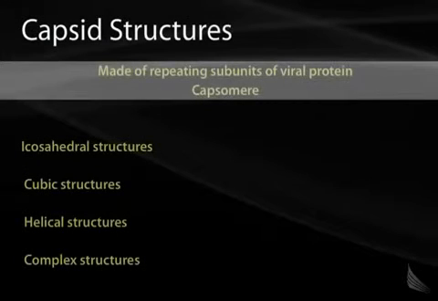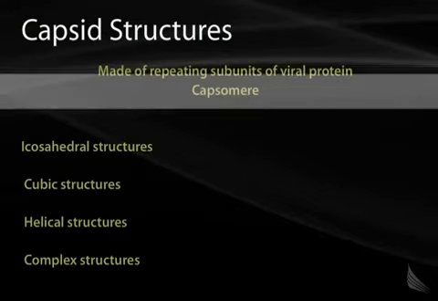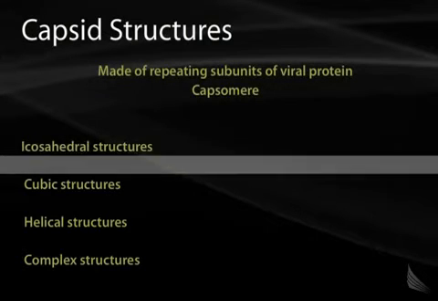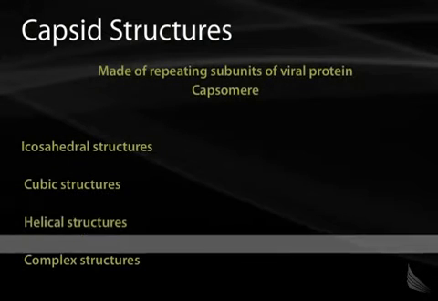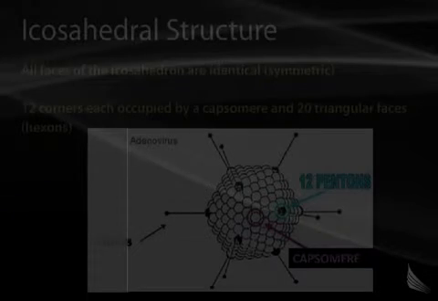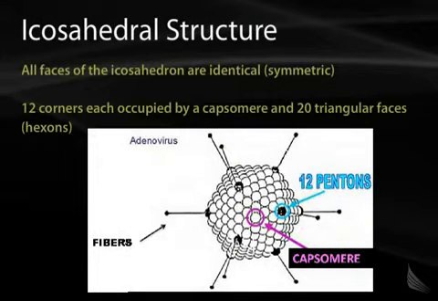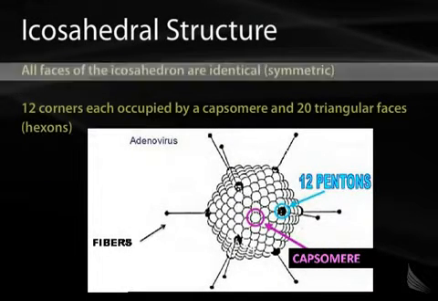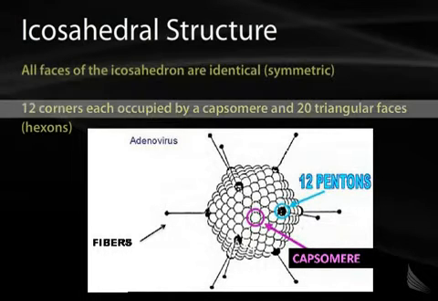Capsid structures are made of repeating units of viral protein, which is the capsomer, and viruses come in many different shapes and sizes. You can have icosahedral structures, cubic structures, helical structures, or complex structures. The shape of the virus helps identify which type of virus it is. The icosahedral structure has a unique structure where all faces of the icosahedron are identical. It has tremendous symmetry. It's based on 12 corners, each occupied by a capsomer, and 20 regular triangular faces, which